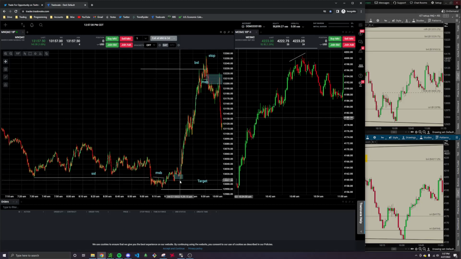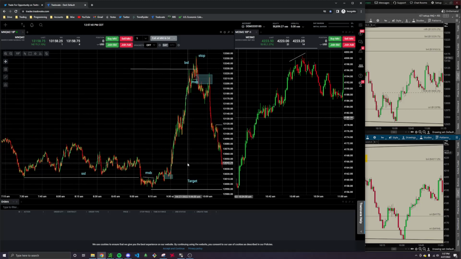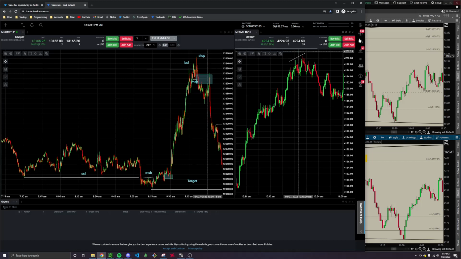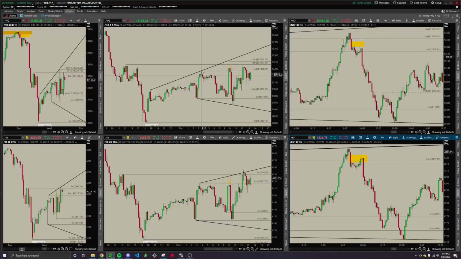Obviously I didn't trade this. This was a very idealistic setup that I didn't catch, and I was probably only watching the 1 minute at the time, and the fair value gap might not have been there. But in any case, the target was this level right here, which was just the overnight highs from 4:15 in the morning,